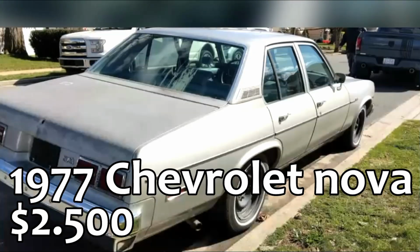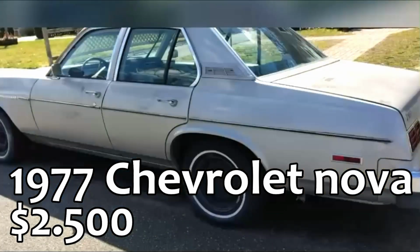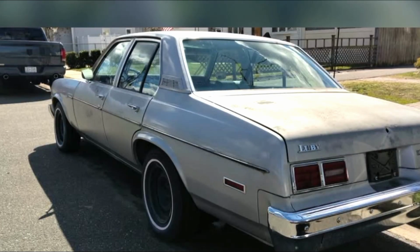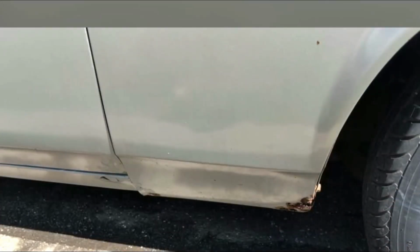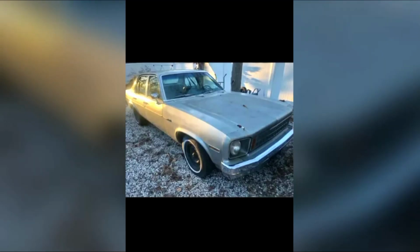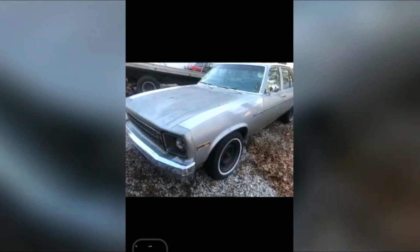Number 15, 1977 Chevrolet Nova, $20,500, West Hempstead, NY. Looking for a rock-solid project car that won't drain your wallet? Check out this 1977 Chevrolet Nova, listed for just $12,500 in West Hempstead, New York. It's being advertised as rust-free, all original, and running and driving, which makes it a great candidate for restoration or light customization. Powered by a V8 engine, specifics not listed,